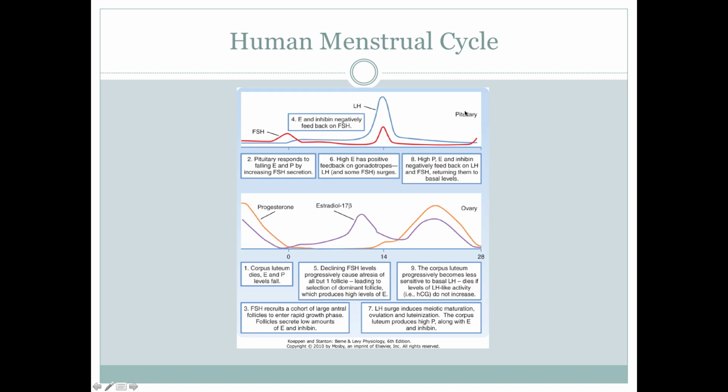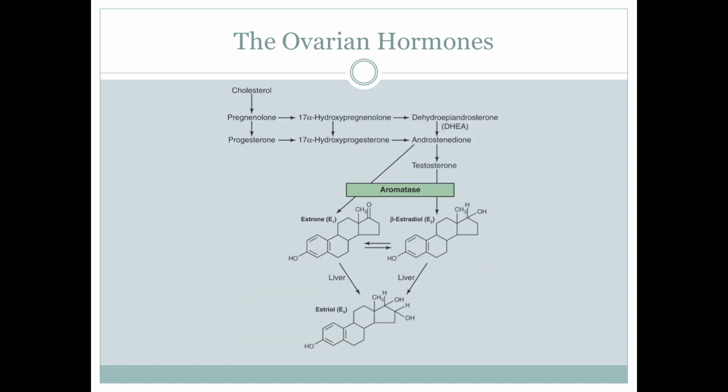All right, so this is everything all mapped out for you. So where things are coming from, pituitary-wise, ovary-wise, everything is written out here so you can put it into a nice timeline. Again, we're going from 0 to 28 days, 14 days being ovulation. Obviously, everybody is different. The only ways you can really predict this is by searching for LH in the urine, checking the basal body temperature, and finally, checking the cervical mucus, which we'll talk about in a little bit.